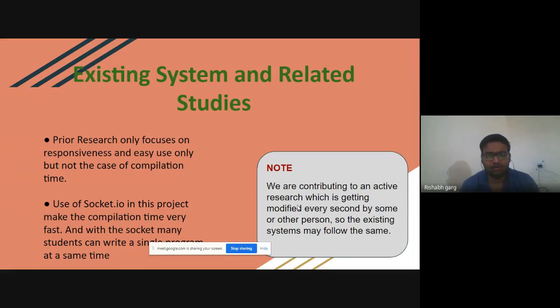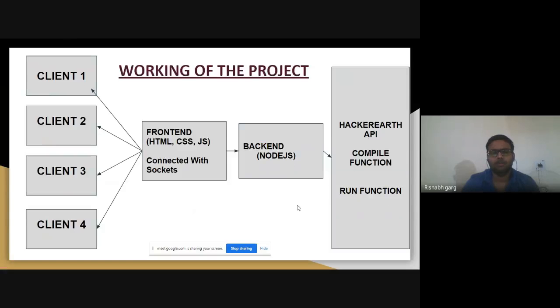The use of Socket.io in this project makes the compilation time very fast, as I told you. But here is a note also: we are contributing to an active research area which is getting modified every second by some person or other, so the system may follow the same, meaning there are many people working on this project, and ours may be the same or it may not be different.